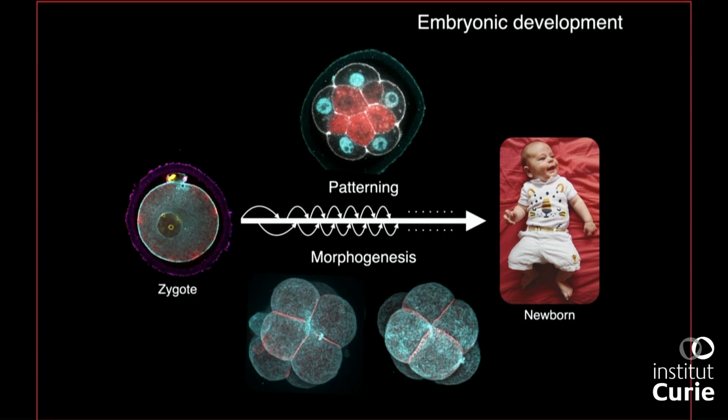And so you have to organize all of the cells in 3D, and you have to give them the correct composition. This is achieved by cycles of patterning and morphogenesis. Patterning is what gives the cells their identity, and this is often done through local cues, positional information. For example, this cell knows that it's inside, and this cell knows that it's outside, and those positional cues will determine the genetic program of the cells, define their content, and will often define their behavior.